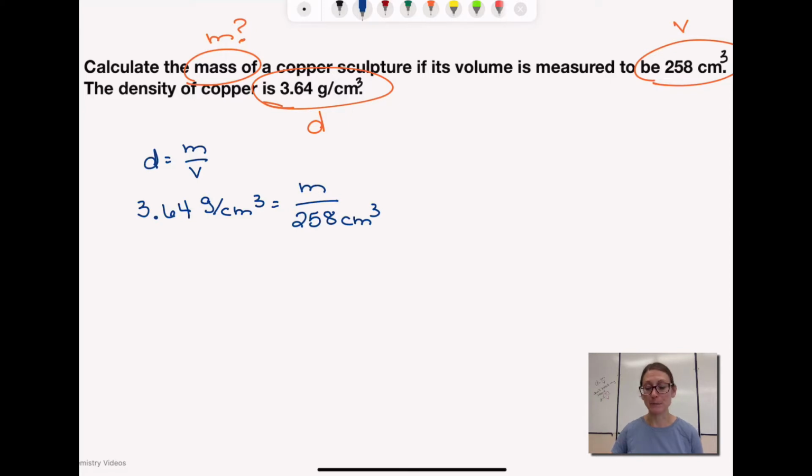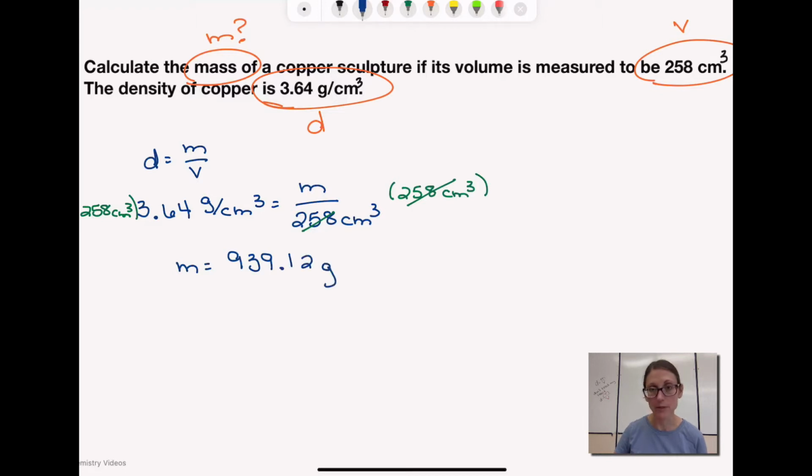That's algebra. Okay, we need to solve for mass. It's in the numerator. I need to get it by itself. So since it is currently being divided by 258, the opposite of division is multiplication. We're going to multiply both sides of this equation by 258. And when we do that, it will cancel out on the right side. We can multiply on the left. And the answer that I'm going to get for this is that the mass is equal to